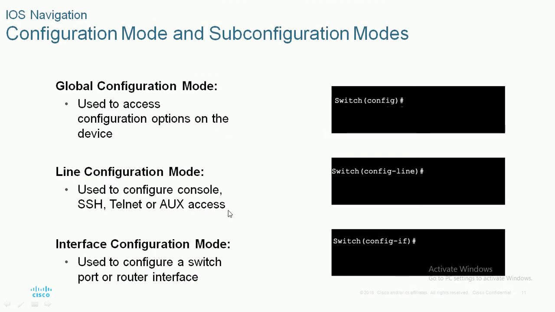Interface configuration mode is also one mode of global configuration mode. It is used to configure a switch port or router interface. You all see basic routers and switches in houses, where we get the internet from the modem, and there are some ports present on the switch. Those ports are nothing but physical ports, they are nothing but interfaces. To configure those interfaces, we are going to use interface configuration mode, specifically Cisco device interfaces.